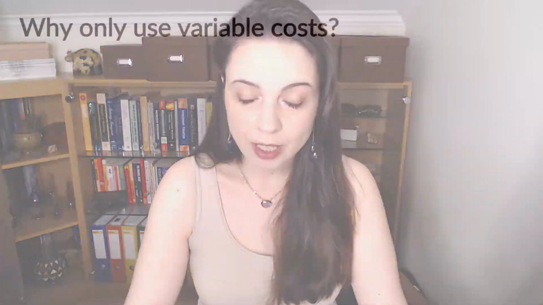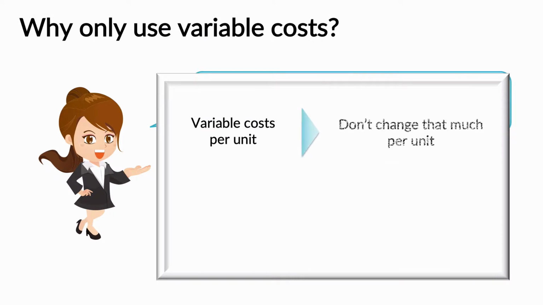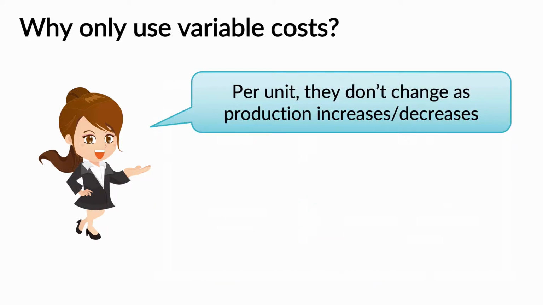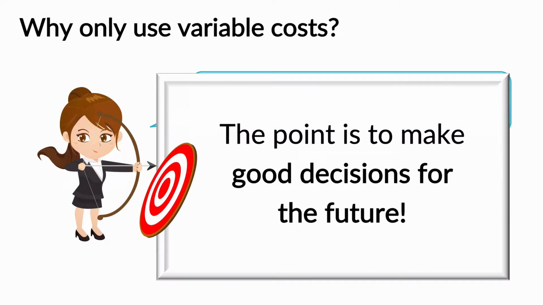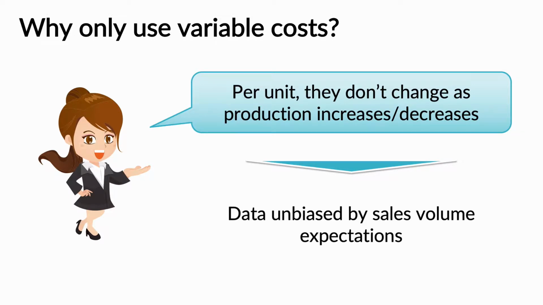Well, the thing is, we want to use the contribution margin to make decisions for the future, so we will be working with estimates. And while variable costs per unit do not change much depending on how many units we produce, fixed costs do change a lot, or may change a lot. And since we are working with estimates and we have to predict how many units we will produce, our estimation of the fixed costs per unit may be off by a lot. So, working with fixed costs per unit can be very problematic because of the big uncertainty regarding the number. And that's why we want to work with the contribution margin, which by taking the fixed costs per unit out of our analysis eliminates a potentially huge source of error.